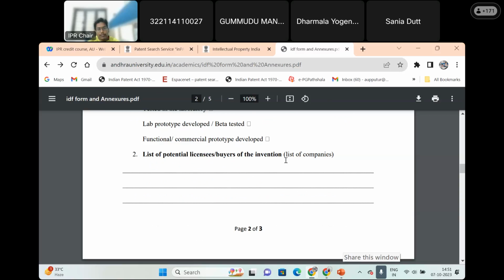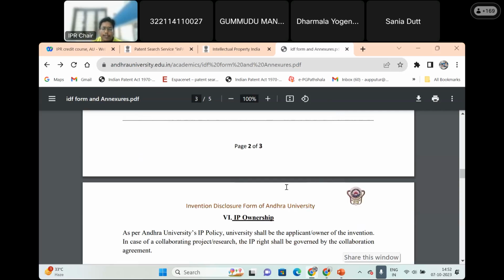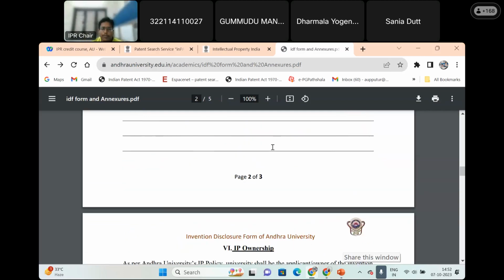List of potential licensees or buyers of the invention. Tomorrow, if the patent is granted, or if you feel there is a potential with respect to some companies, you can mention those details so that we will start commercializing. Commercializing is nothing but, for this invention, who are the buyers, and they can pay for your invention. You don't need to produce the product, or come up with the end product. Some buyers will be there. If you can list those potential buyers, it will be useful for commercialization or any technology transfer tomorrow,